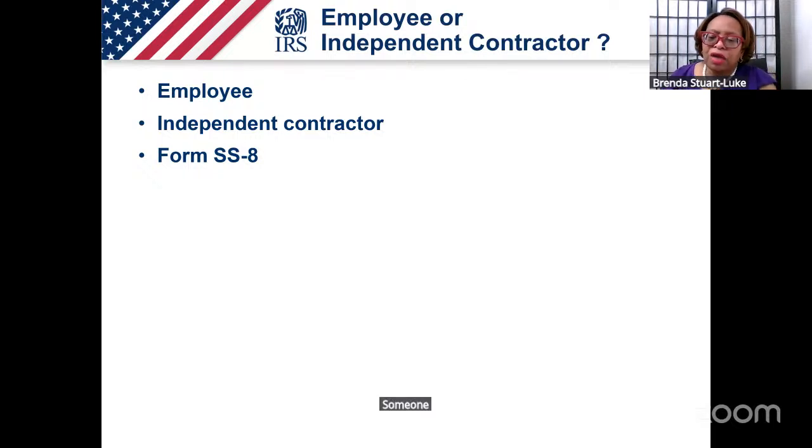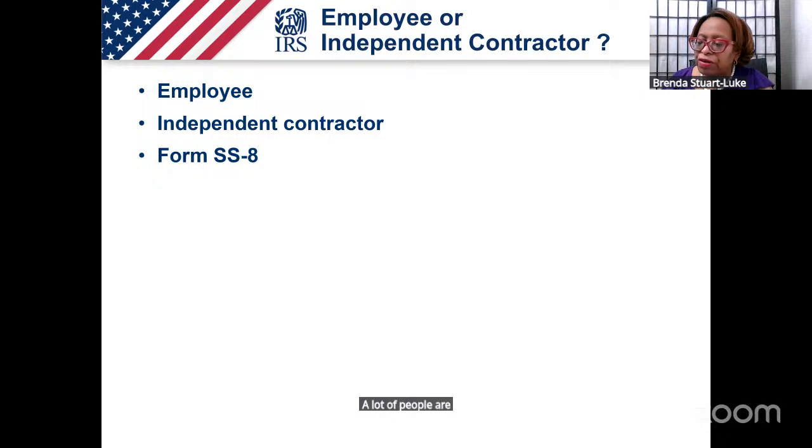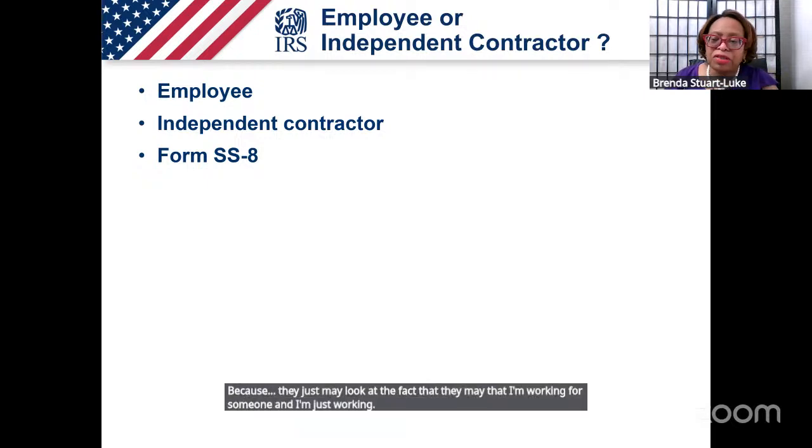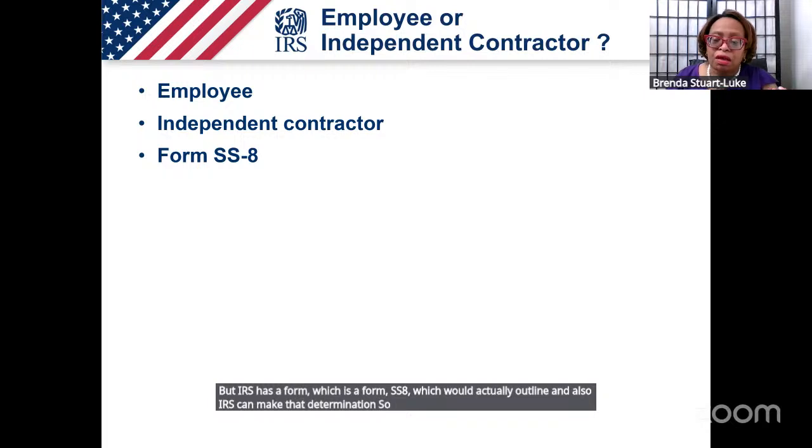Someone may say, I do not know if I'm an independent contractor or an employee. A lot of people are not aware of the difference, because they just may look at the fact that I'm working for someone and I'm just working. But the IRS has a form, Form SS-8, which would outline this, and the IRS can also make that determination. So the IRS would determine, are you an employee or are you actually an independent contractor? There is a difference. As an employee,